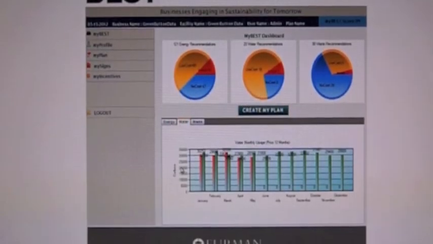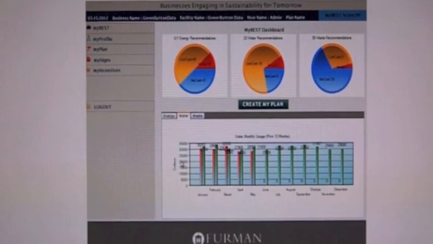I have to say that we were ecstatic to learn about the Green Button Initiative. We've been working with you